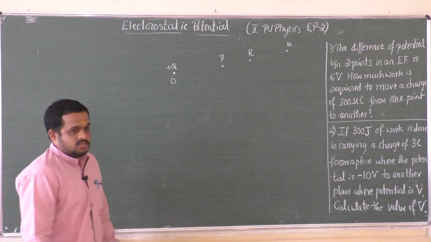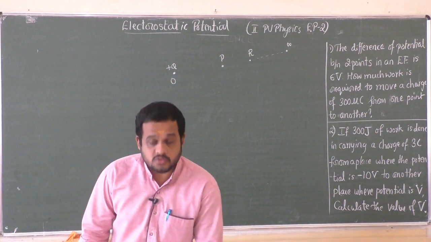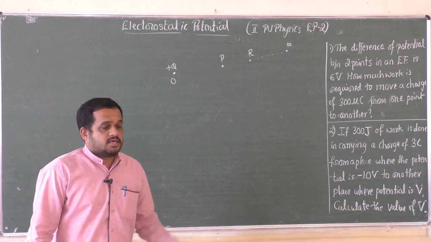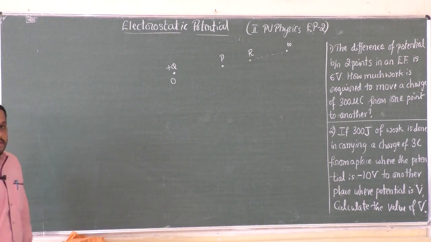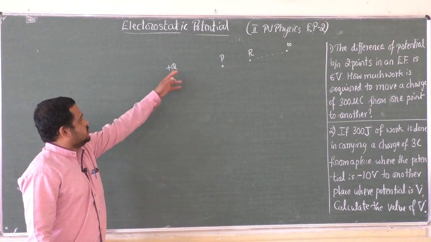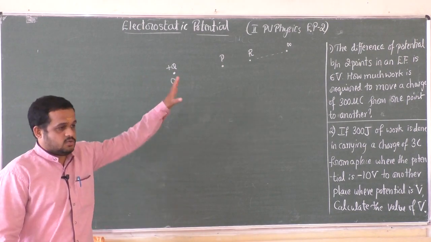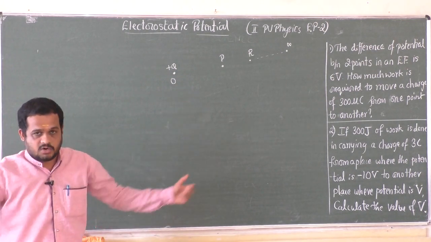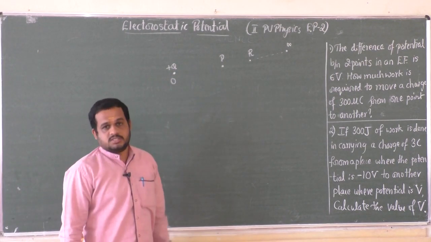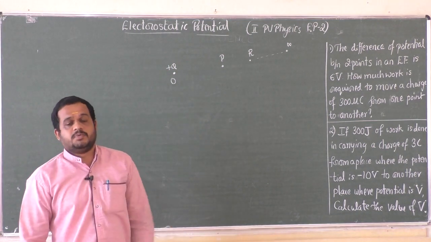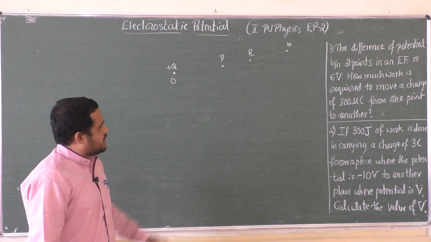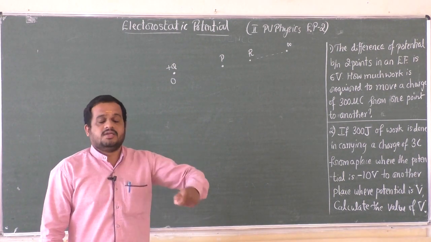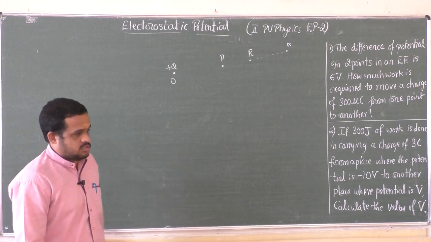In the last class we studied the concept of electrostatic potential energy and electrostatic potential. Let us continue our discussion. In the last class we considered an example of a source charge plus Q. We know that an electric charge produces an electric field in its surrounding region. When another charge is placed in that electric field, it experiences electrostatic force. We considered the example of a test charge of magnitude plus Q. After that we continued our discussion with the unit positive charge.